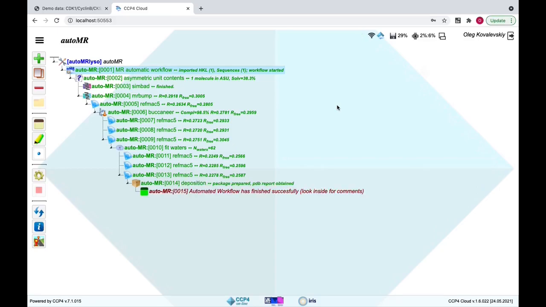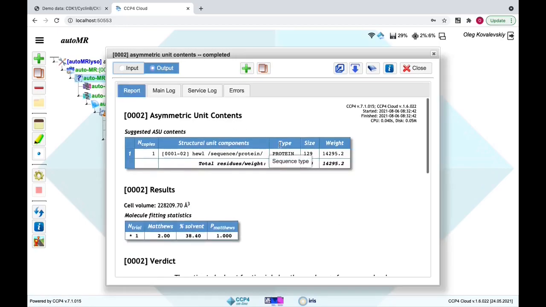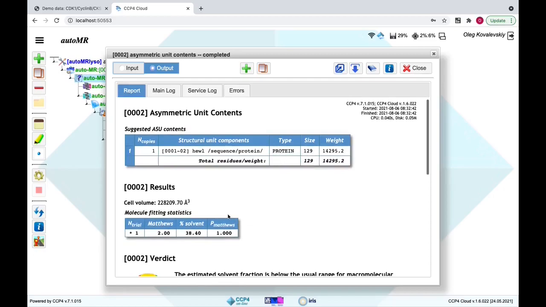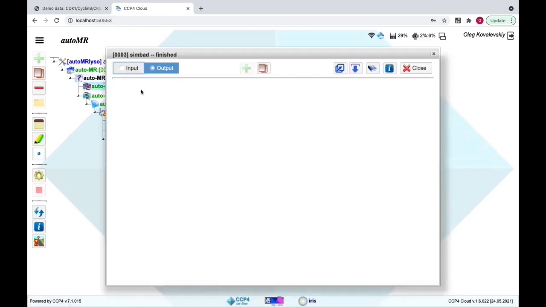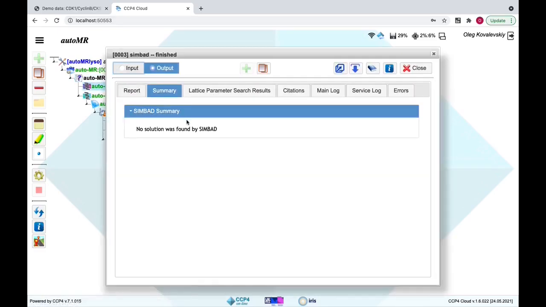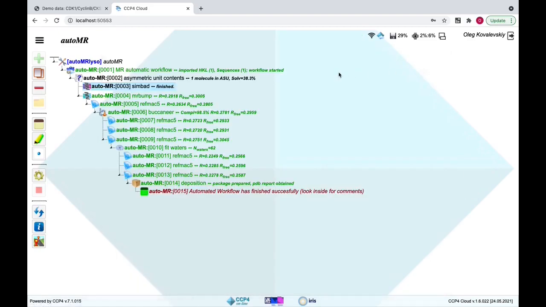So, the workflow has finished, and as you can see, it solved the structure with an R-free of about 26%, which is not bad. Now we can examine what exactly the workflow did. It created an asymmetric unit and correctly predicted the number of monomers in the asymmetric unit. It runs SymBot. That's a program that searches the PDB for identical unit cells. If they are present, the structure will be solved by SymBot. We run it to make sure that